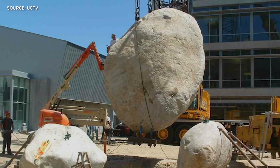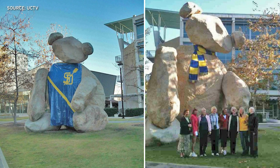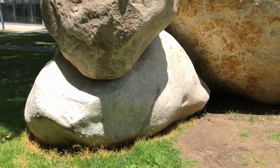You see these wonderful granite formations, and then Tim would see animals in those. Tim Hawkinson's bear joined the Stuart Collection in 2005 and quickly became a favorite with students who would dress him up. I mean, it's a kind of an astounding bear when you think that it's real granite and the whole thing weighs